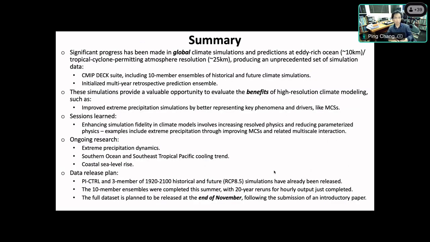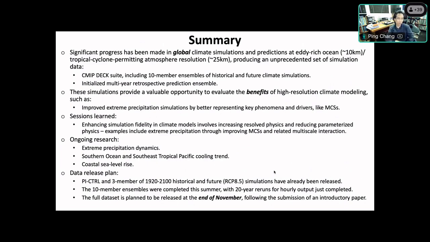So that's basically the results I want to share with you. I hope we can do a similar analysis with the simulation data sets you guys have. I think that'd be really wonderful. So here's a summary.